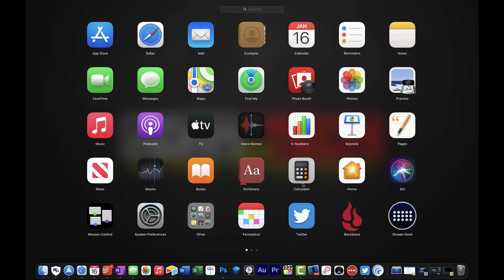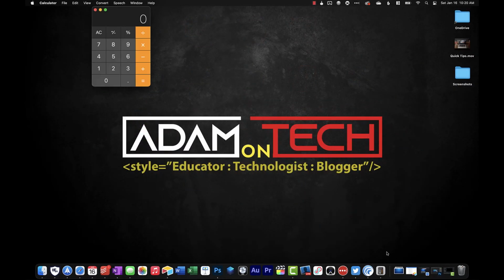So I'm going to open the calculator app back up. Now there's an even easier way to add it to the dock. If you click and drag it, you can move it around within the dock, and that will automatically keep it in your dock. So now you'll see I've clicked and dragged it around, and I can place it in the dock where I want. And now if I quit out of it,